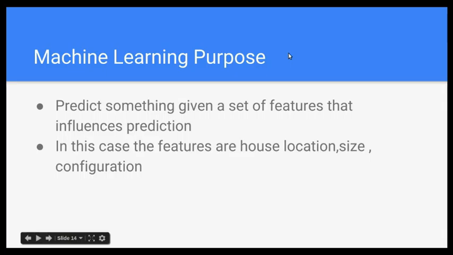What is the purpose behind machine learning here? We need to predict something given a set of features that influence the prediction. In our problem, the features are the house location, house size, and house configuration. If the house is located in a very posh area, the size